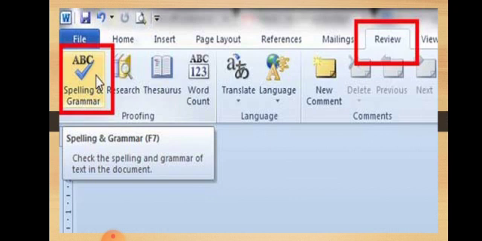You can also see the Review command on the screen here. When you click on Review, you can select the thesaurus option in the Proofing group, and with the help of the thesaurus you can improve your vocabulary. It provides a list of synonyms. And what are synonyms? Words with similar meaning.